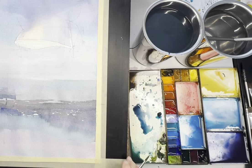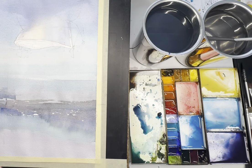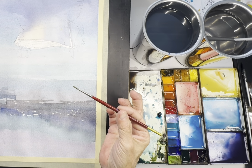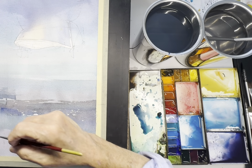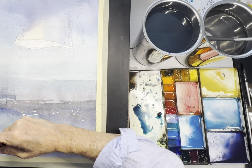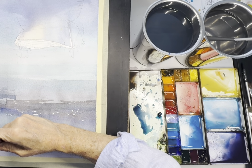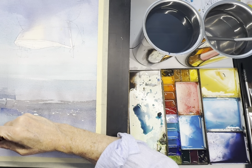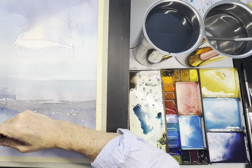I'm going to find my small round brush and subtly, I hope, that's my goal, paint in the mast. So this is a Neef brush, round, very small, number 0. It's not a rigger, but it acts much like a rigger. So for a mast or line work, I mean, it isn't always a one size fits all, but I think in this case, trying to make a positive out of obscurity,